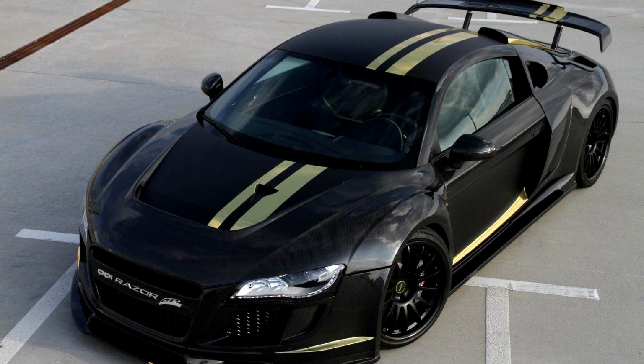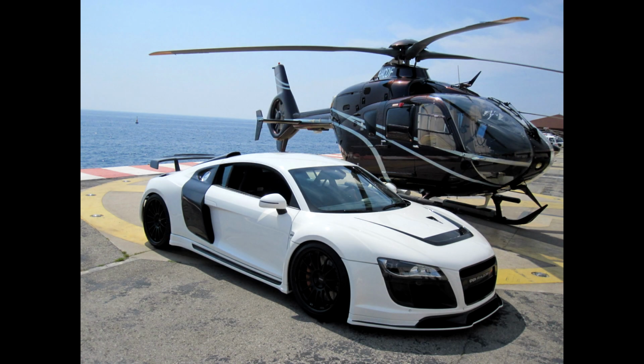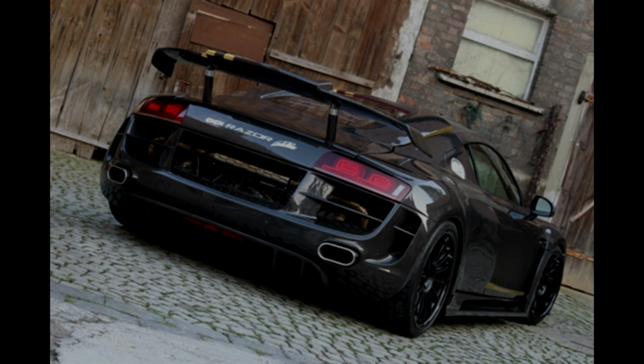Second thing is, it has a PPI Razor GTR wide body. No, I'm literally not kidding. Ironically, it's actually called a Razor GTR. That's a limited run production carbon wide body, and that's valued around $15,000. This one is in definitely way worse condition, simply because it has a lot of cracks. I've never actually seen a kit that had so many cracks before, but I will show you that when I